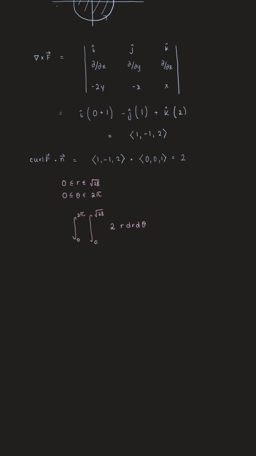And now we're ready to integrate. So this will give us the integral from 0 to 2 pi. We could just factor out the 2, or we can write with respect to r, this is just going to be r squared from 0 to the square root of 28 d theta,